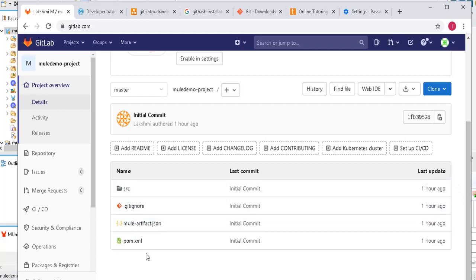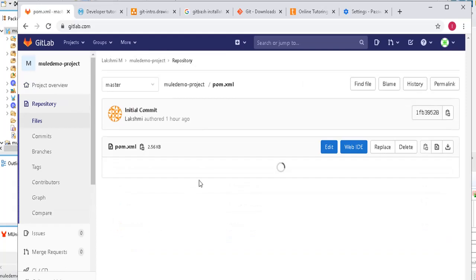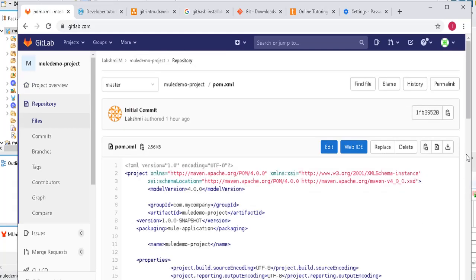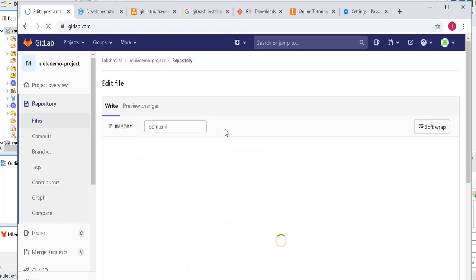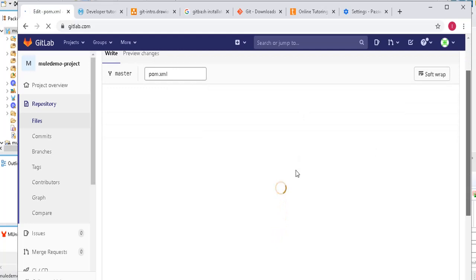I'll just edit this pom.xml just to make some changes. Let us take something like com.mycompany.clart, I can say. So you need to click on edit first. Usually you don't need to edit anything directly in the GitLab remote repository like this.